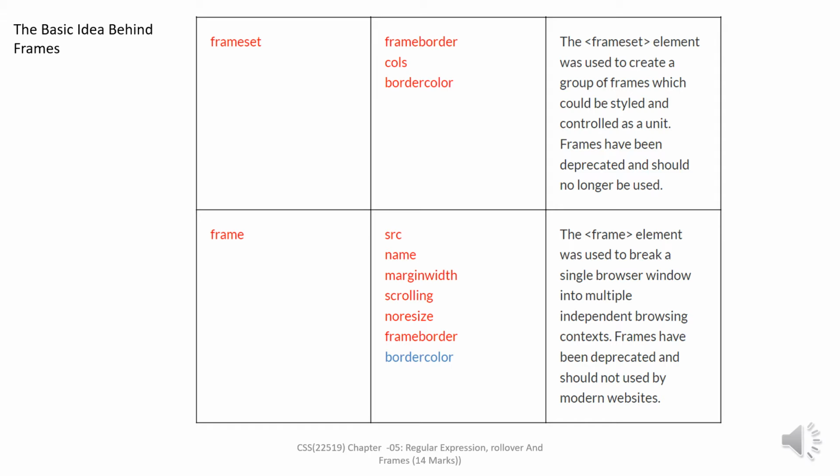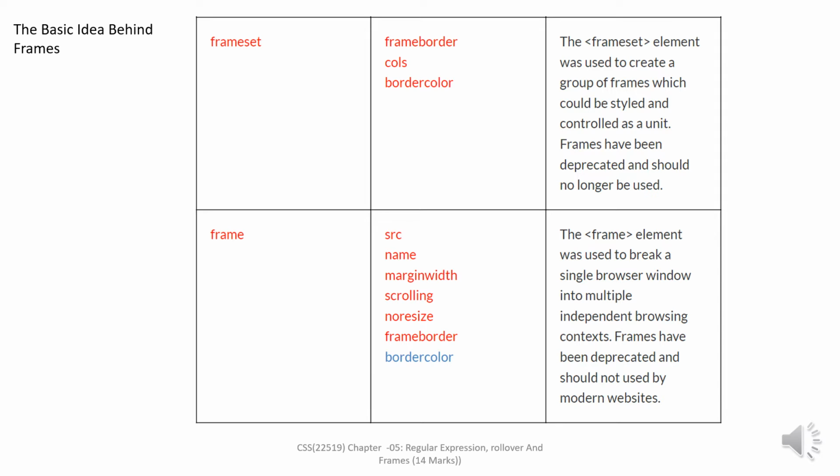Now we will see some basic ideas behind frames. The frameset element takes the place of the body element in HTML. Then the frame element is used to create the frames for the content of the web page. Then the SRC attribute identifies the resources that should be loaded inside each frame. Then we create a different file with the contents for each frame. Okay, these are some basic concepts for frames.